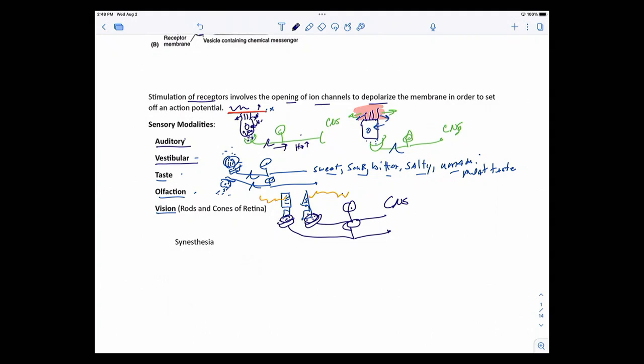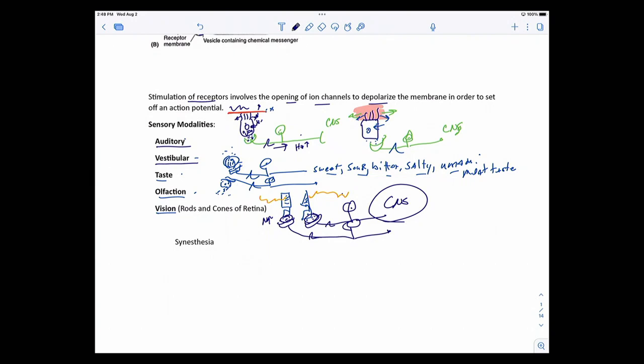So the actual photons' interaction with rods and cones will hyperpolarize. So in darkness, the neurotransmitters will go up, and that will then alter the axon potential frequencies. Now I'm leaving out some steps here because there's a series of neurons that interface between rods and cones and the neurons that go to the central nervous system. So this is terribly oversimplified.